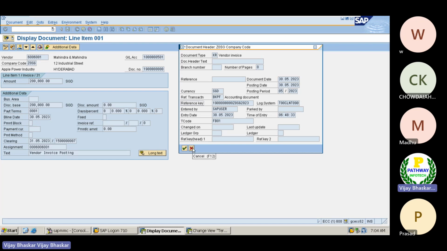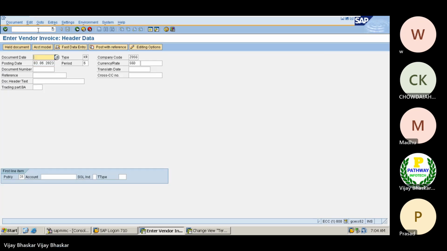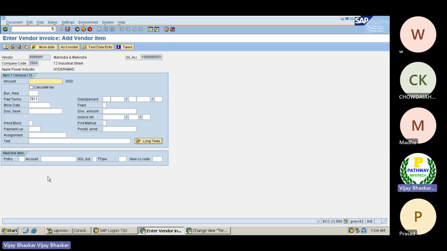Now let us try to post one document. I will give you an example here. /n F-43, I'll give the document date 01/05/2023, just for example, for understanding only. Vendor.